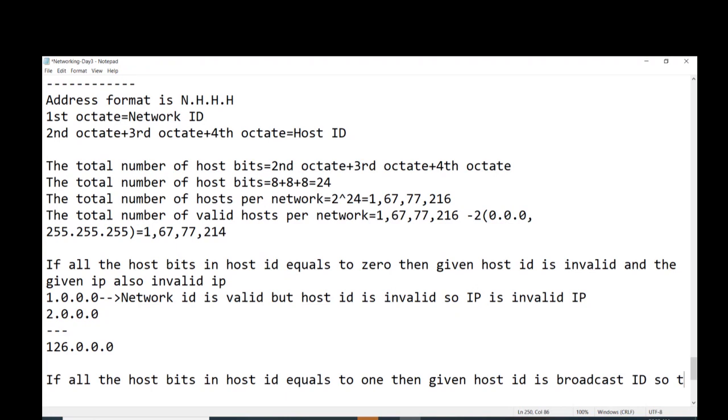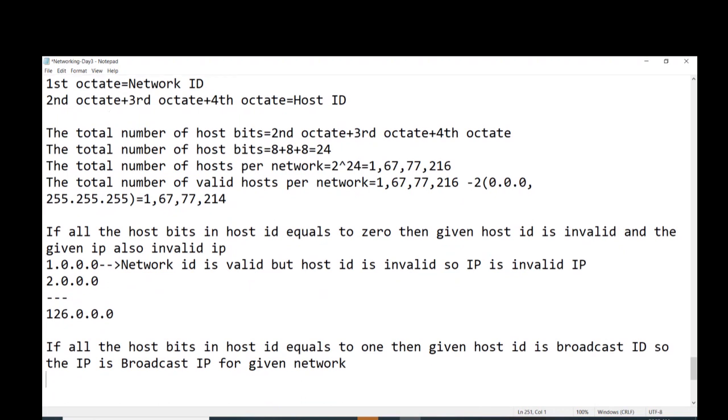So the IP is a broadcast IP for one network. Okay, so that means if I write 1.255.255.255, 2.255.255.255,